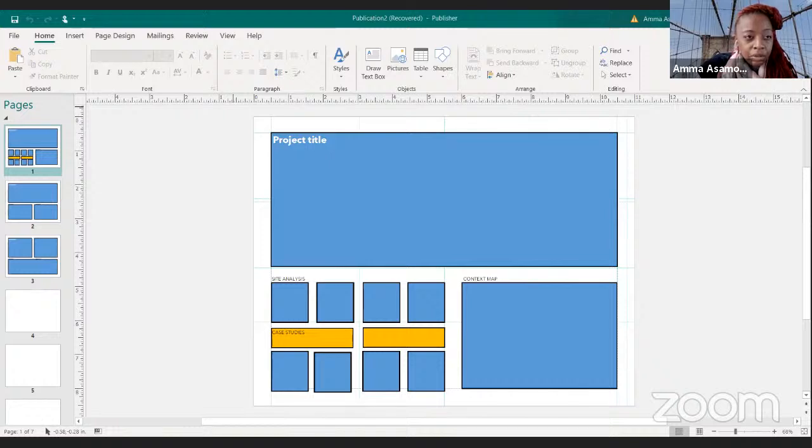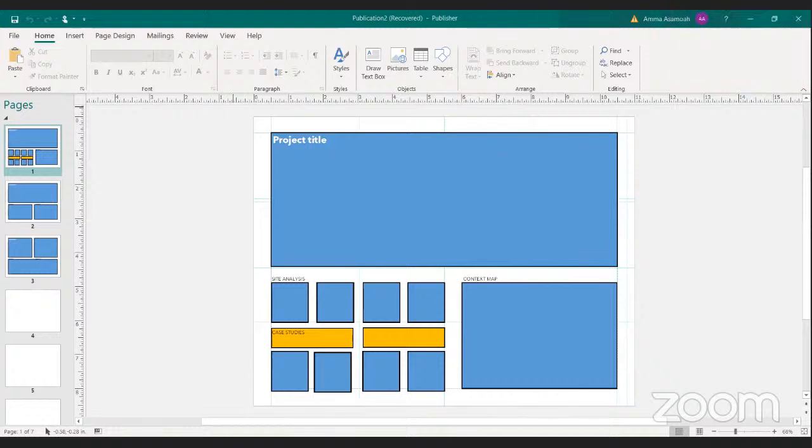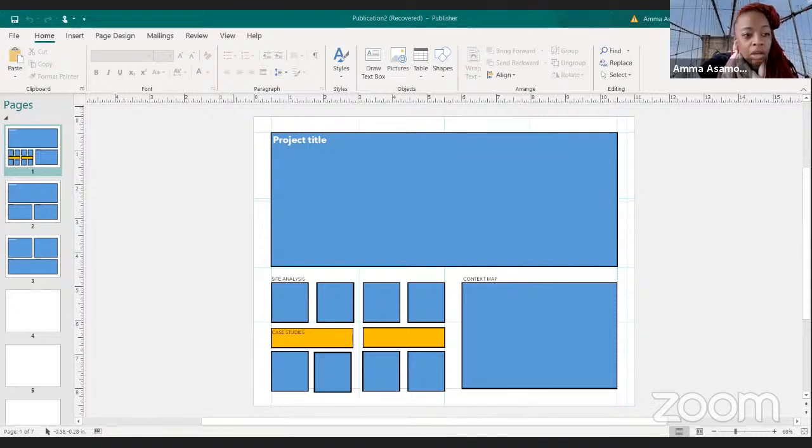And what you can do, I think you can add a master page or slide. Is everybody familiar with master pages? Yes, no, maybe? No. Okay, so when you set up a master page, and this is similar in InDesign as well, when you set up a master page,